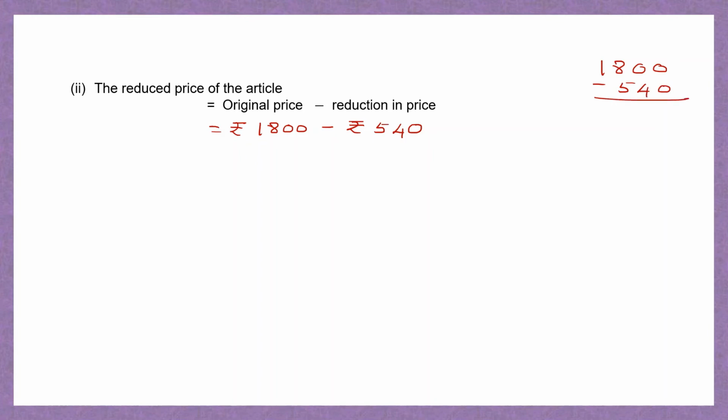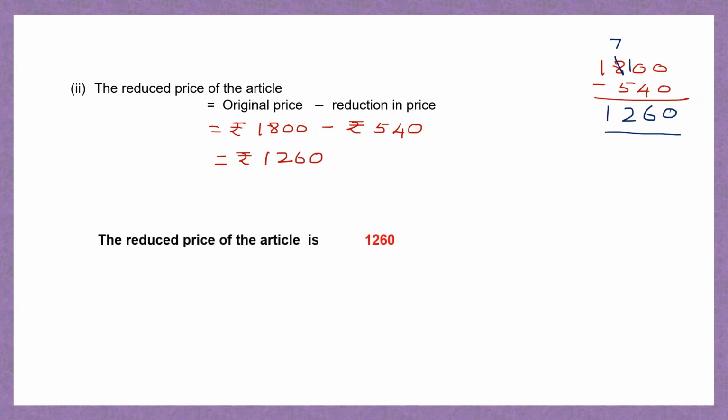540. Okay, 0 minus 0 is 0, 0 minus 4 we can't do, so we're going to borrow. 10 minus 4 is 6, 7 minus 5 is 2, and 1. So now the reduced price of the article is rupees 1260. So when the article was bought, it was 1800 rupees. Then the price reduced by 30%. And now the reduced price of the article is 1260. Reduced price of the article is rupees